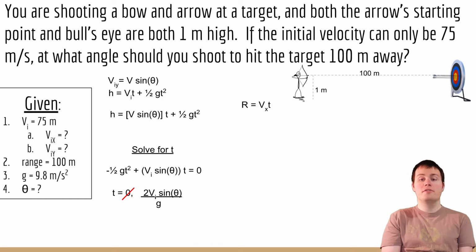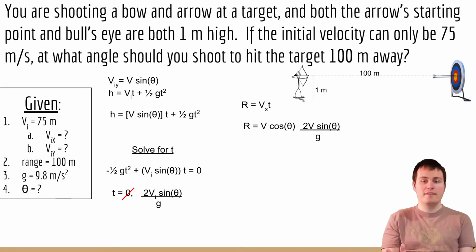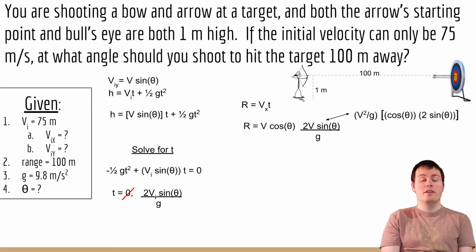When we multiply those together, we get a rather nasty looking problem that has both sines and cosines in it. However, if you rearrange the equation, you get initial velocity squared divided by gravity, and then in parentheses you have cosine theta times 2 sine theta,